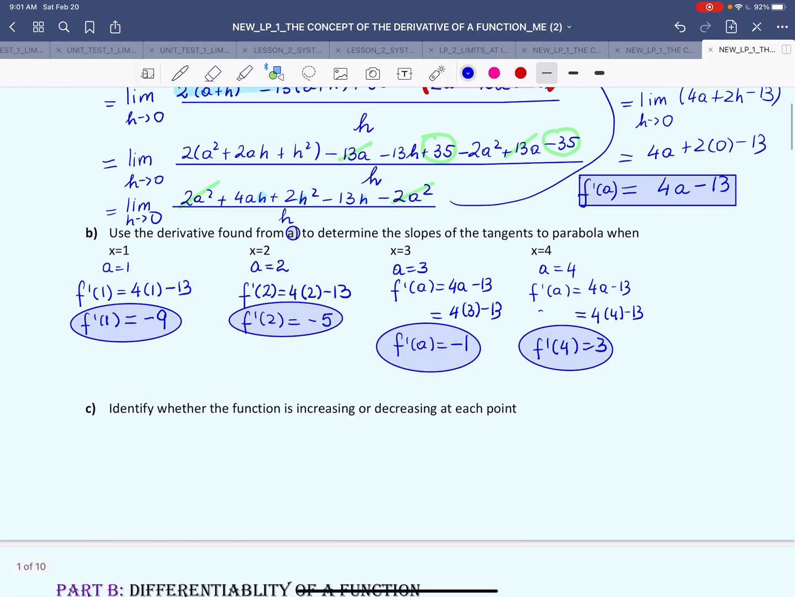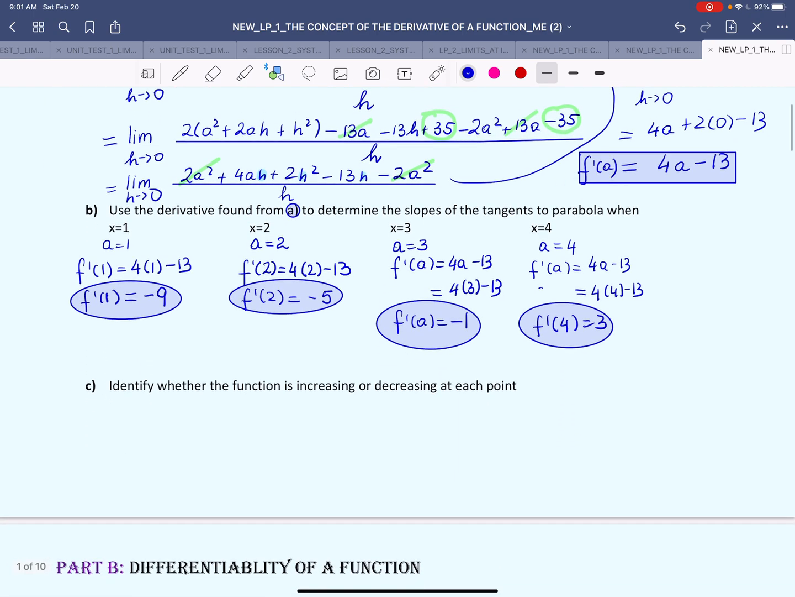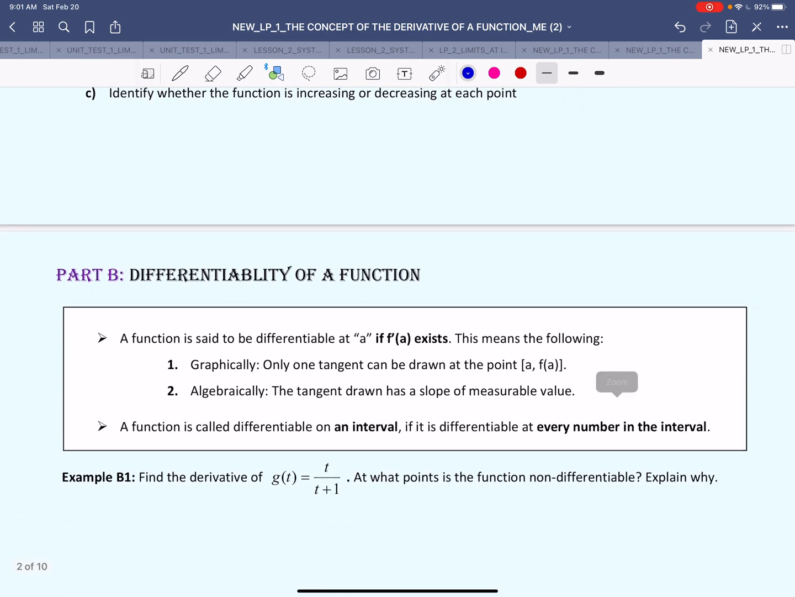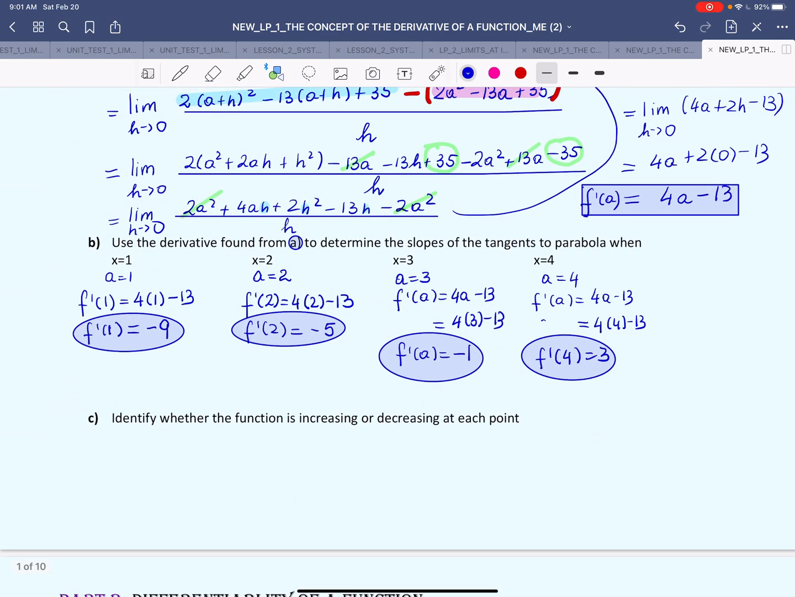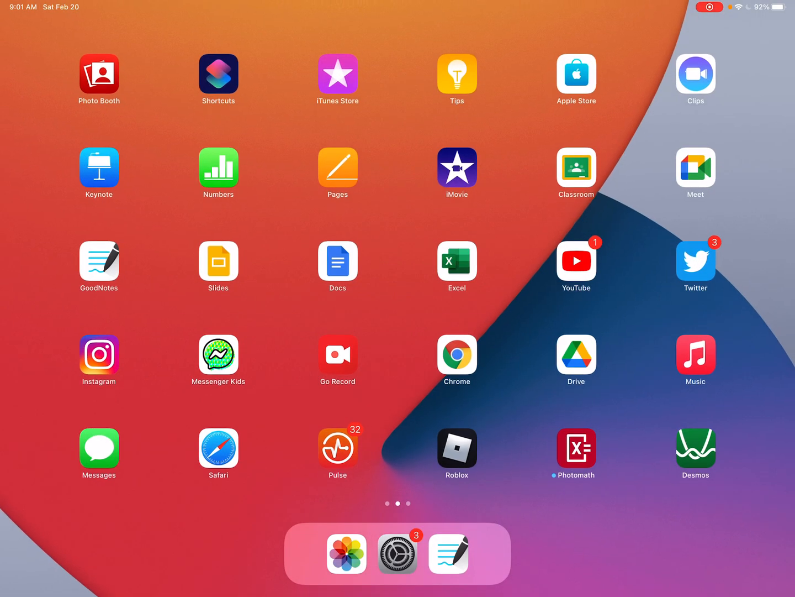I'm going to move on to the next question to identify whether the function is increasing or decreasing at each point. Okay? So if you looked at the graph of this function, okay, so if we looked at the graph of this function, which I am going to actually put in here